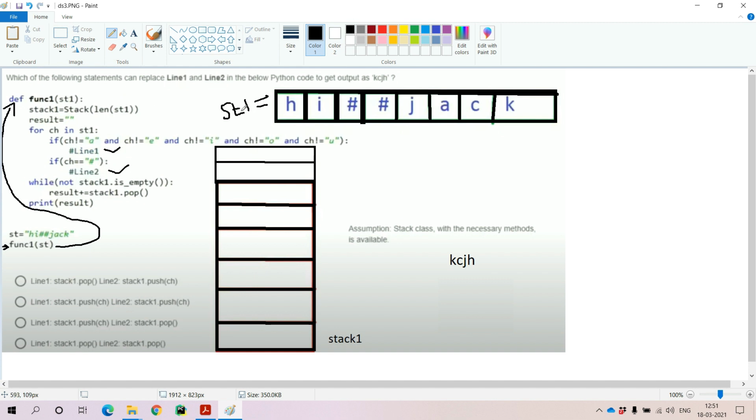What is the length of st1? If you count all the characters, 1 2 3 4 5 6 7 8, the length of st1 is 8.